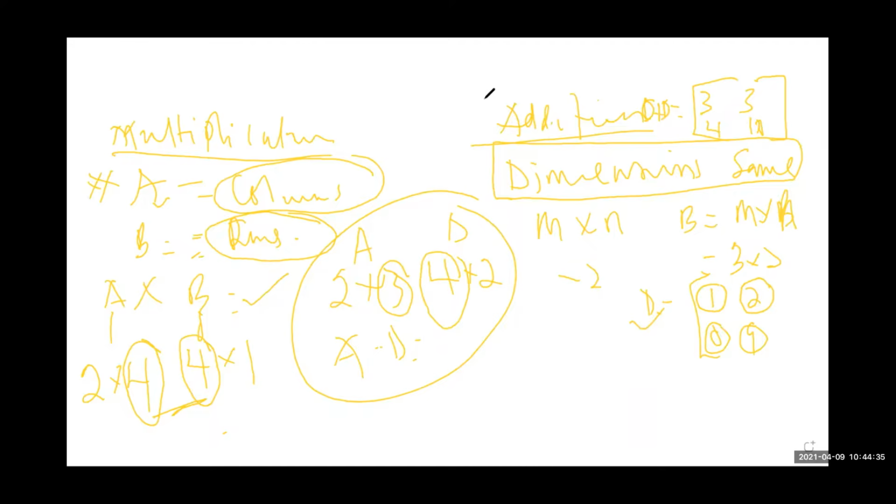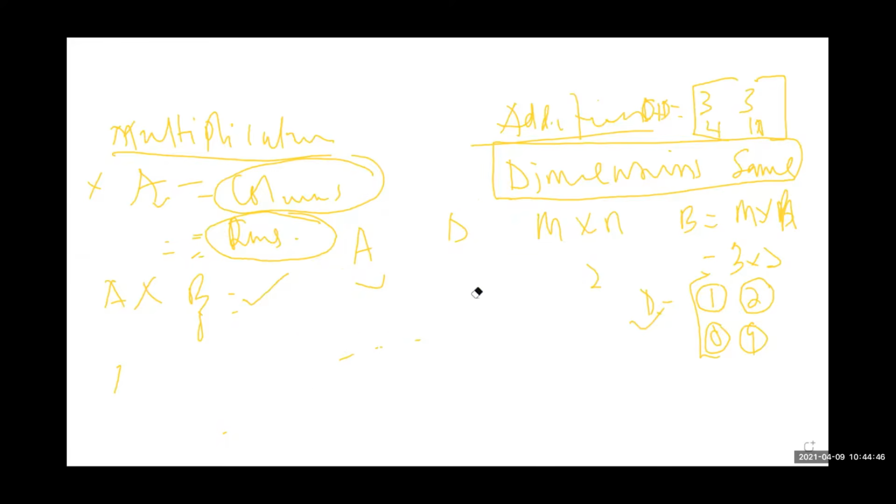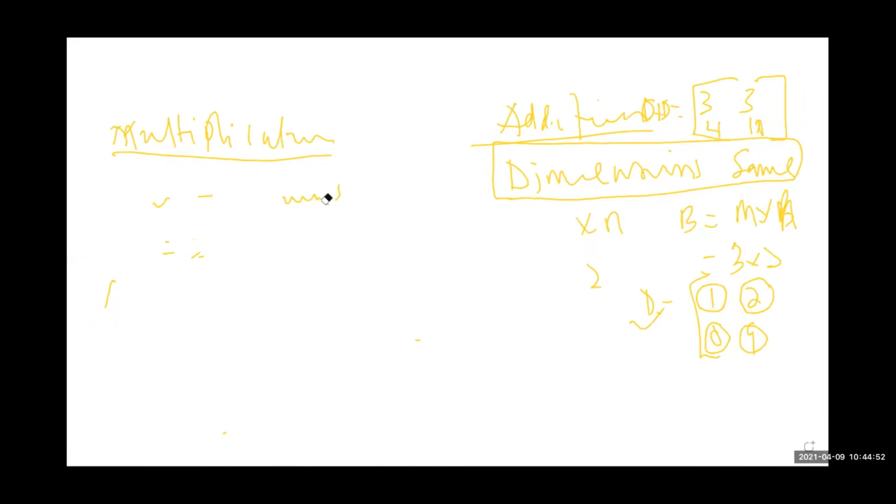All right, so that is the first condition you need to ensure before you can perform the multiplication. Once this is done, you can go ahead and do your matrix multiplication. I need you to pay attention here so we can do this together, okay? So let's say that given that,